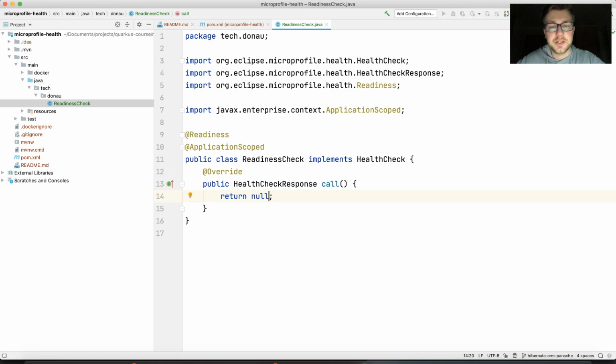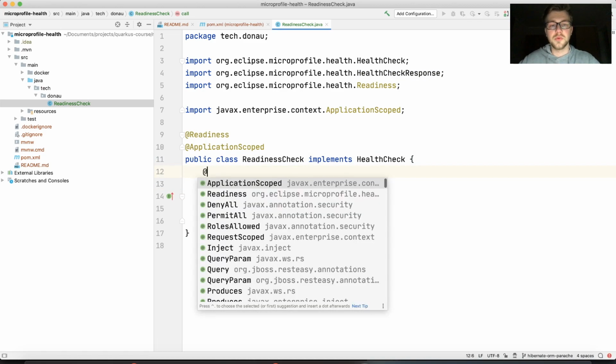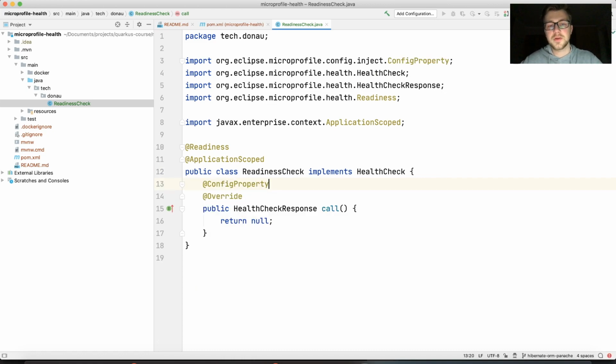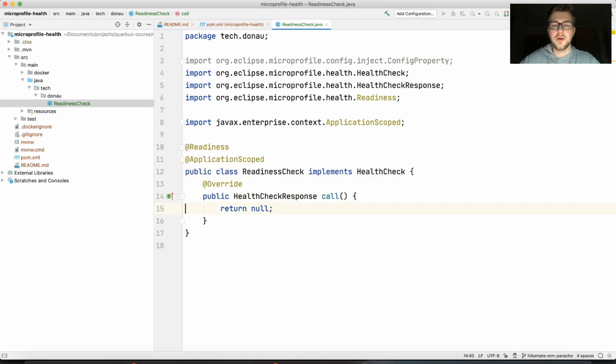So in this case, you just need to have this readiness check that will specify for the clients that, hey, I'm not ready yet, or the other way: hey, you can call me if you want. So this can be accomplished, of course, super easy. So you have this health check response. And depending on the situation, we'll put the config property here, which we'll use, or we actually can do